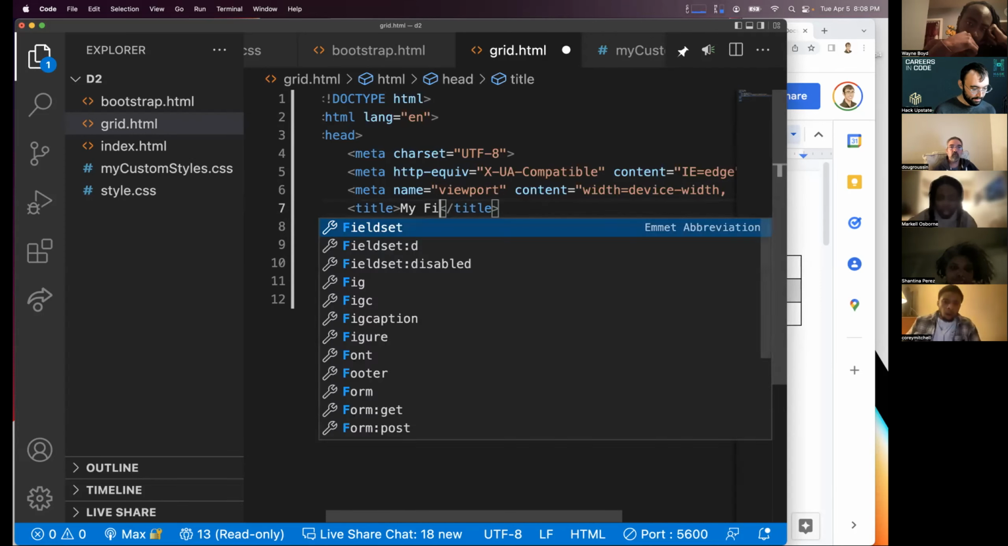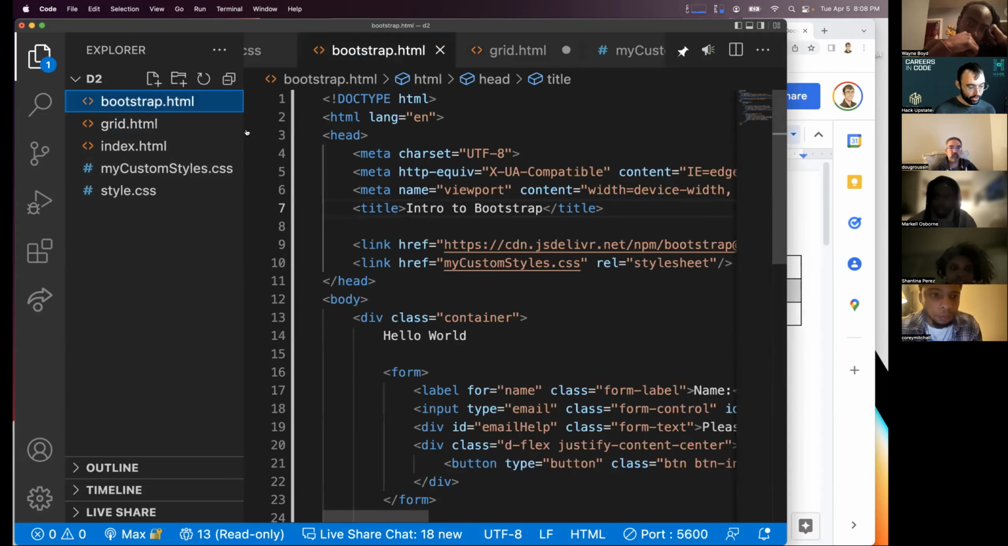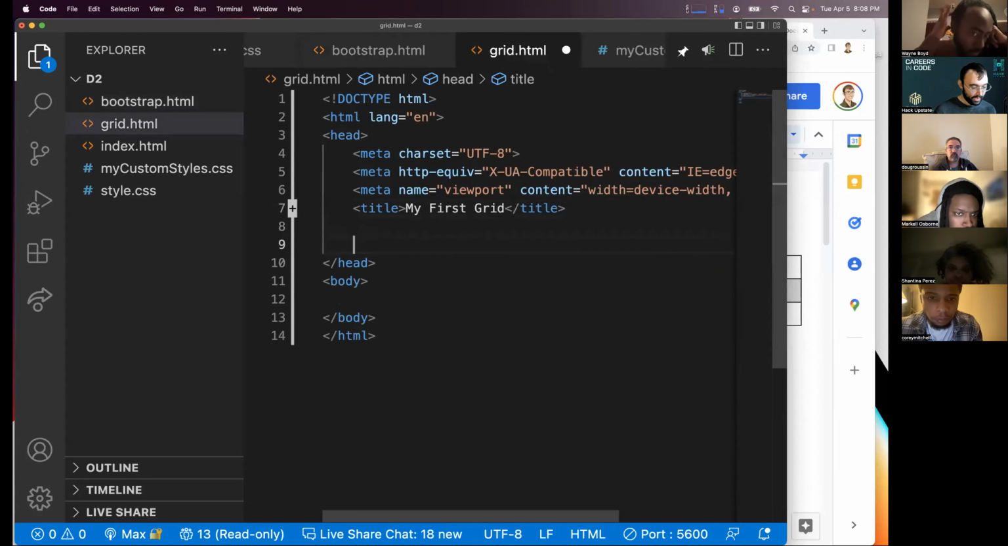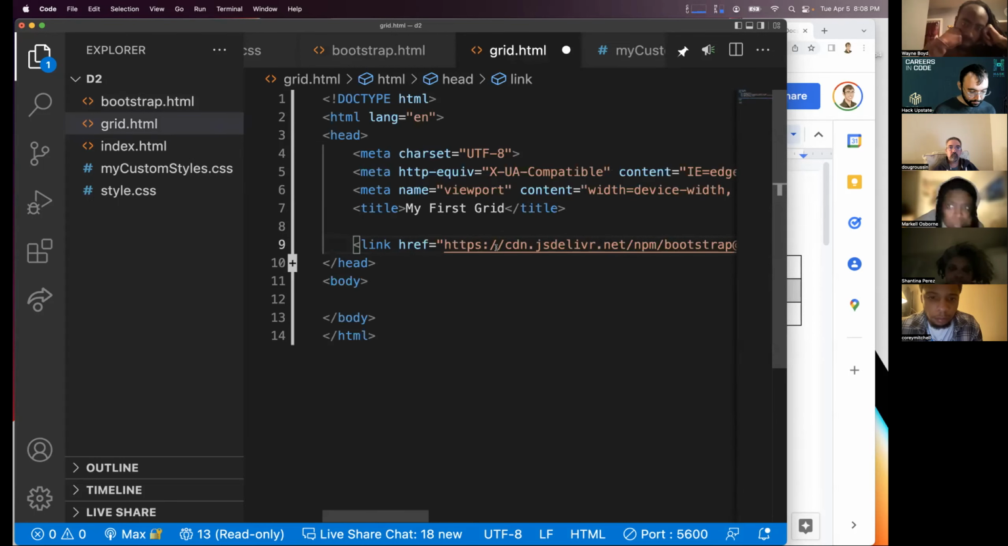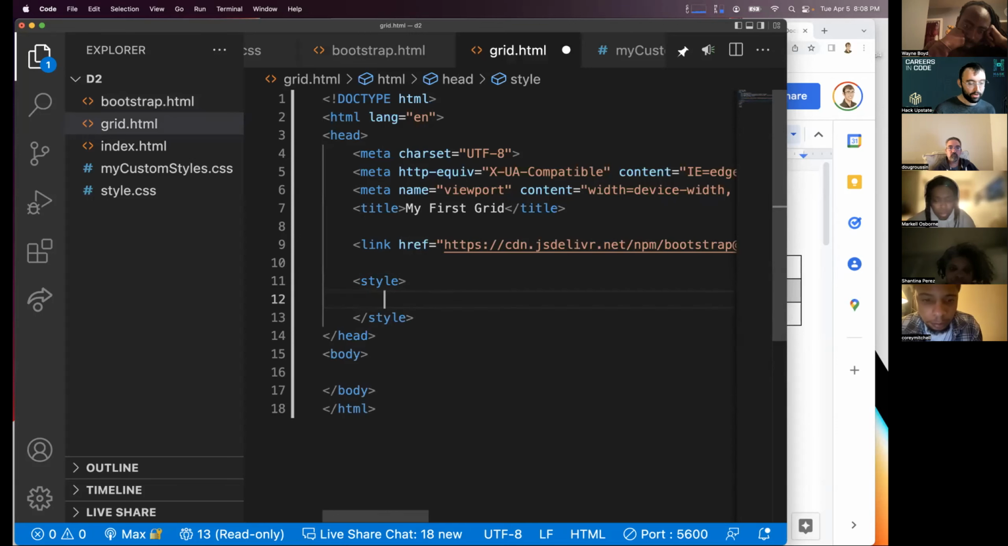I'm going to say my first grid, and I'm going to go back to my bootstrap.html and grab that HTML link tag and dump that right into my head. And because I'm being lazy, I'm just going to use a style tag here and put my styles right into my HTML document. I could create another CSS file, use my link, my href, my rel stylesheet, put in the CSS file name and do it that way, but I'm going to try and keep it all contained